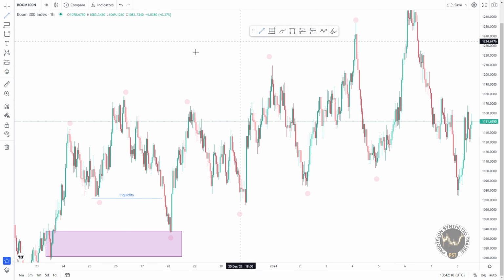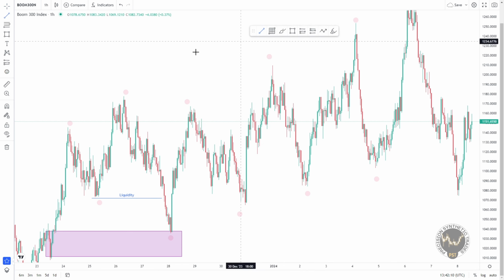This is my valid high that needs to be taken out. Liquidity was taken, point of interest was tapped in, price went up. Now what was happening here? While